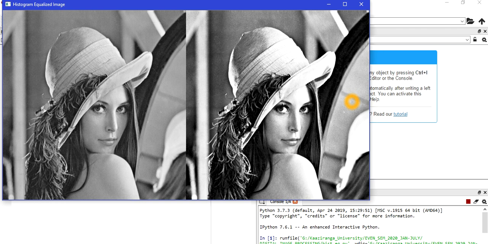But my suggestion is that do not skip the previous lecture. Although that is a little bit complex, you can become aware of different technical terminologies and different functions that may be used for performing the histogram equalization without using the library function. So first implement the previous lecture's code, then only come to this portion, because this is a little bit easy. And answer the questions I have asked you. So don't skip the practical sessions. This is my advice to you.